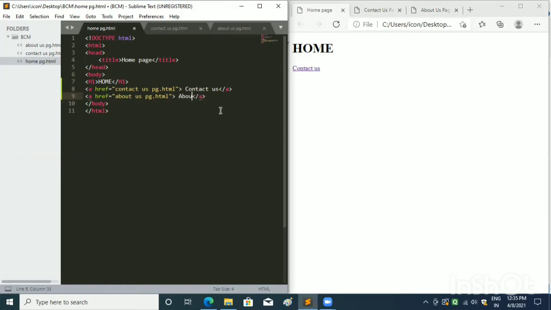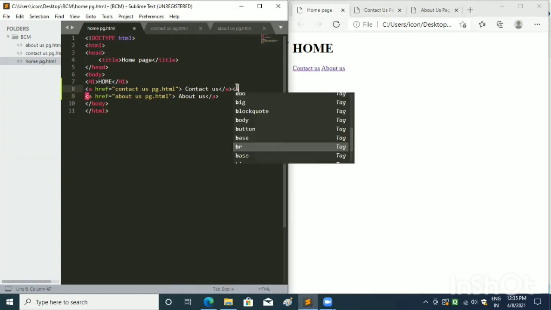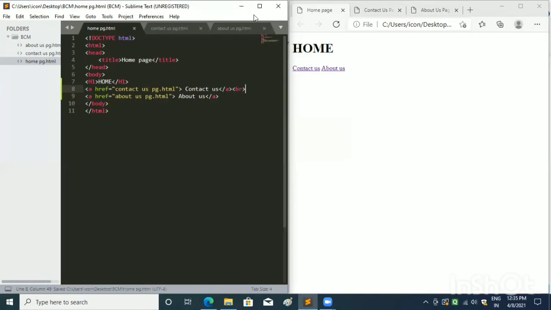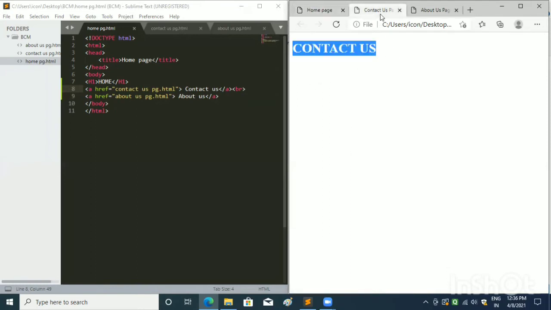So now when I save it and refresh the browser, you can see about us written here. To take it below contact us, I will write br tag in the document. And when I save it and refresh the browser, you can see about us inserted below contact us. So now when you click on these buttons, you are moving to that particular file that you have linked to this homepage file.